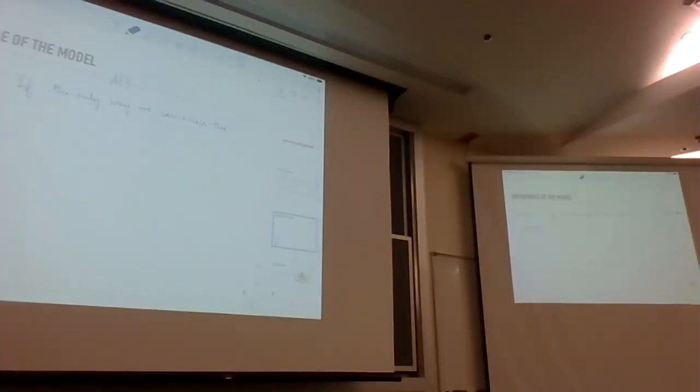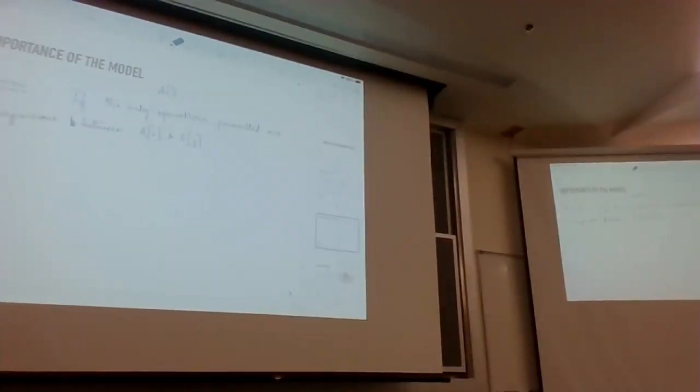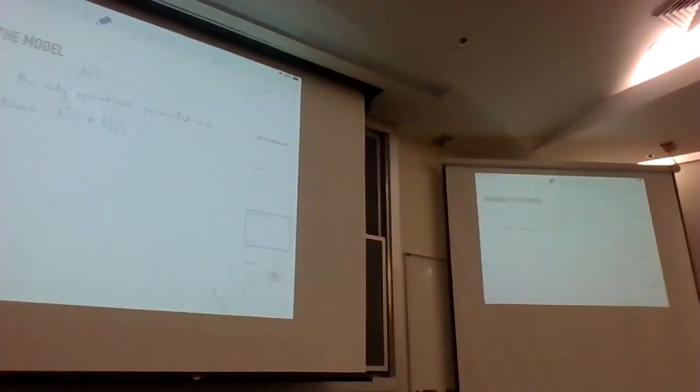If the only operations allowed are comparisons between a_i and a_j, this is what most sorting algorithms do. You just compare, you give two indices i and j and you